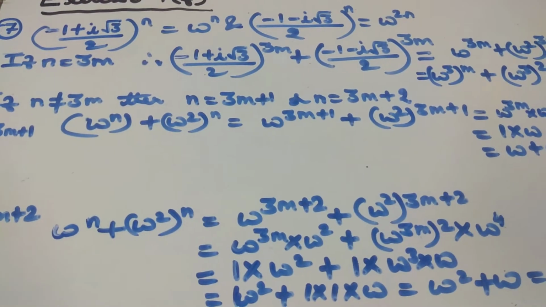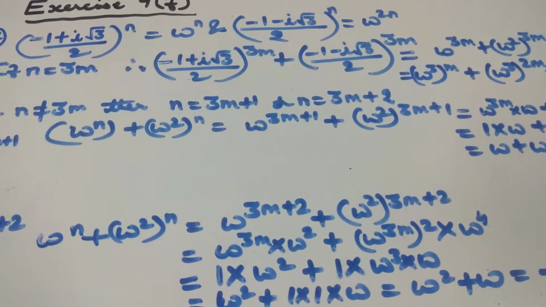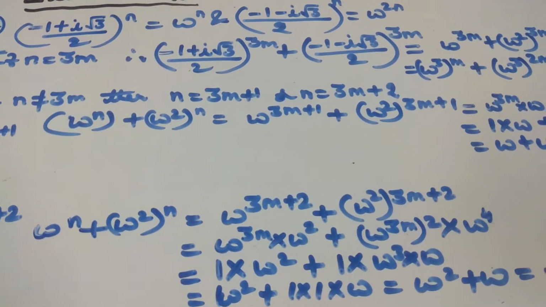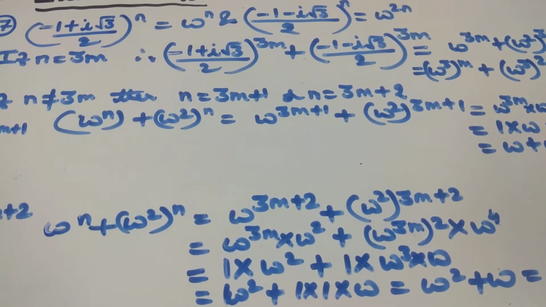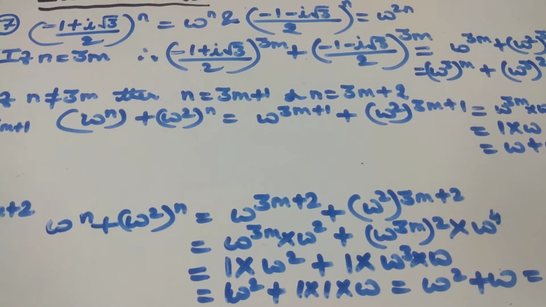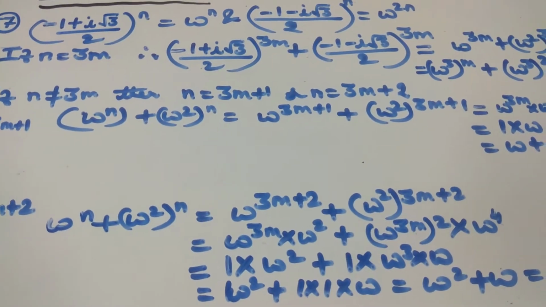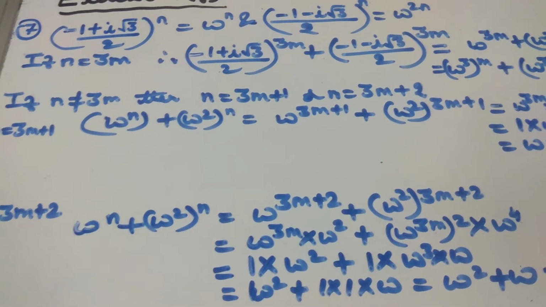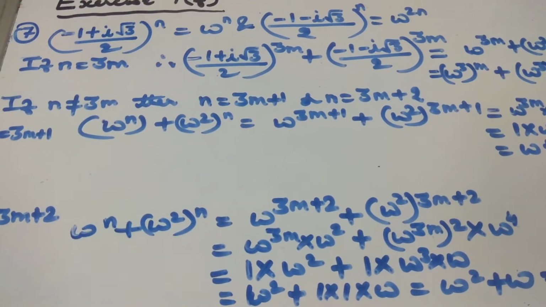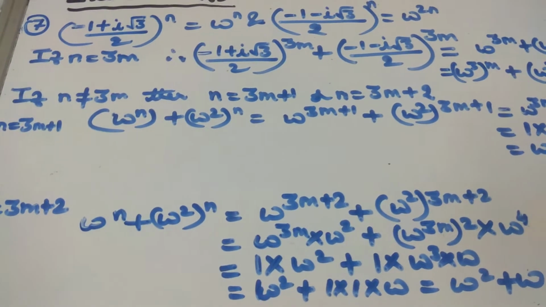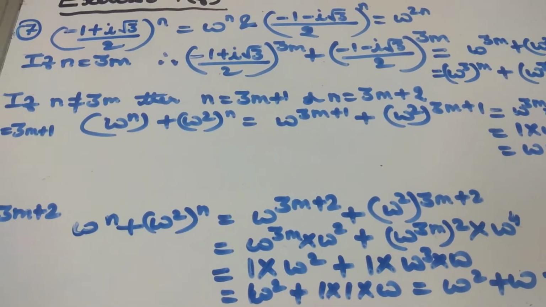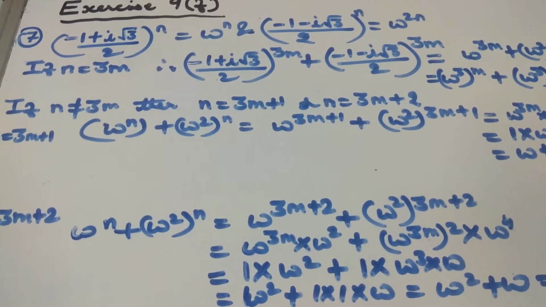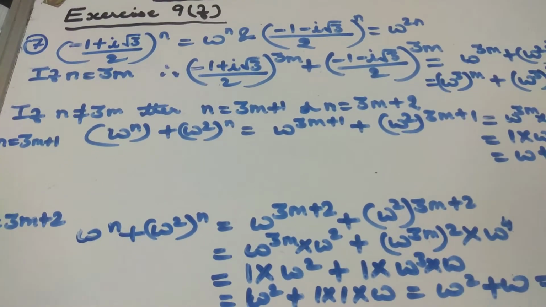I hope the question is very clear to you, and this question could also be put in a different form as mentioned in the book, that is, if 1, ω, ω² are the cube roots of unity, prove that ω^n + ω^(2n) is equal to 2 or -1 according as n is a multiple of 3 or any other integer. I hope both the questions are clear to you. Now we will go on with the proof.